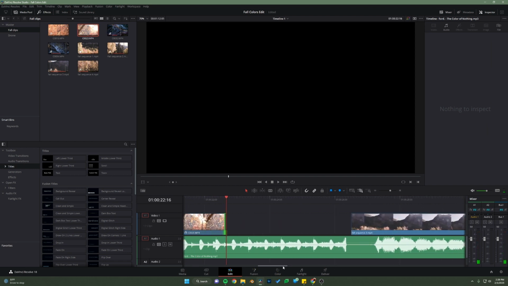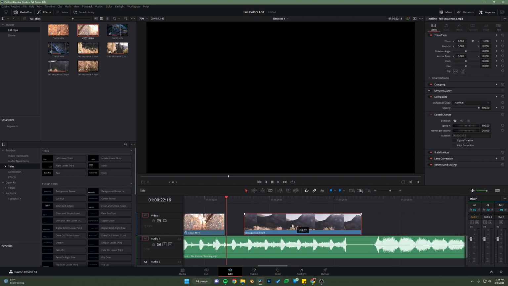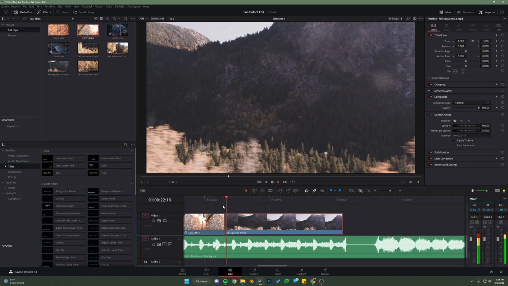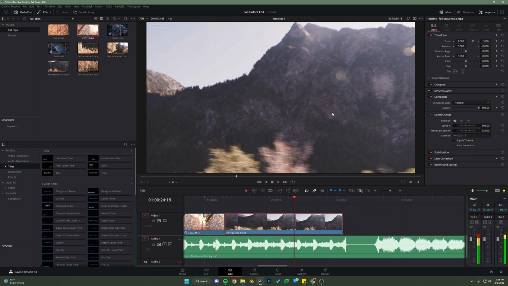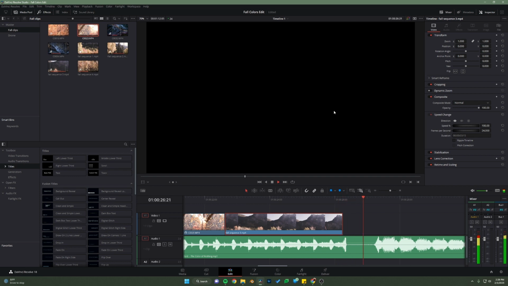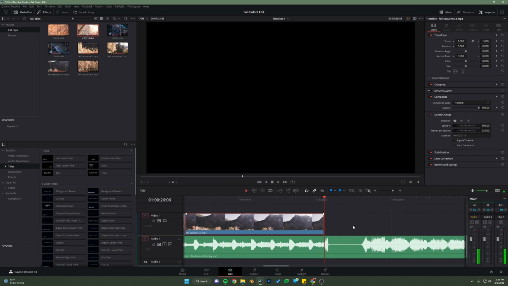Scroll forward on the timeline. And now we have that beautiful mountain shot. It's going to look up at the mountain and then cut to black. So the timing seemed pretty good there, but we can get it even more perfect if we zoom in as